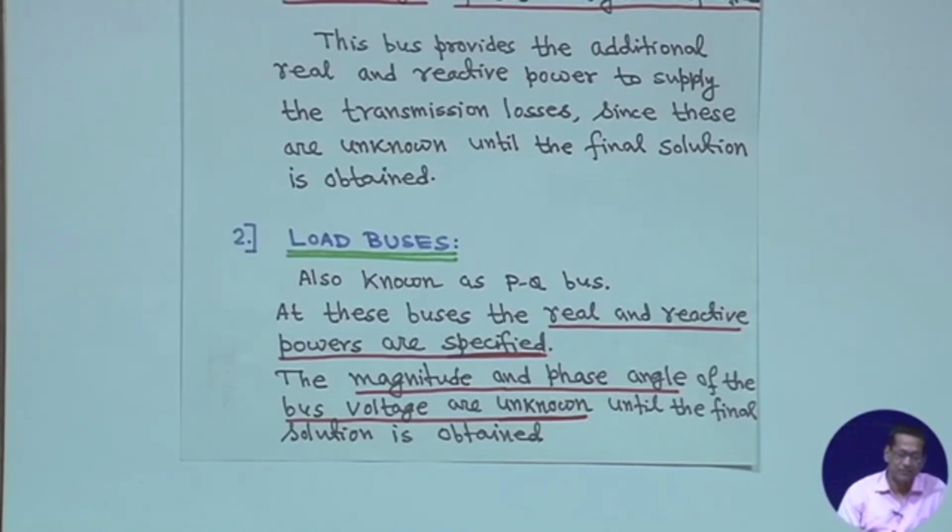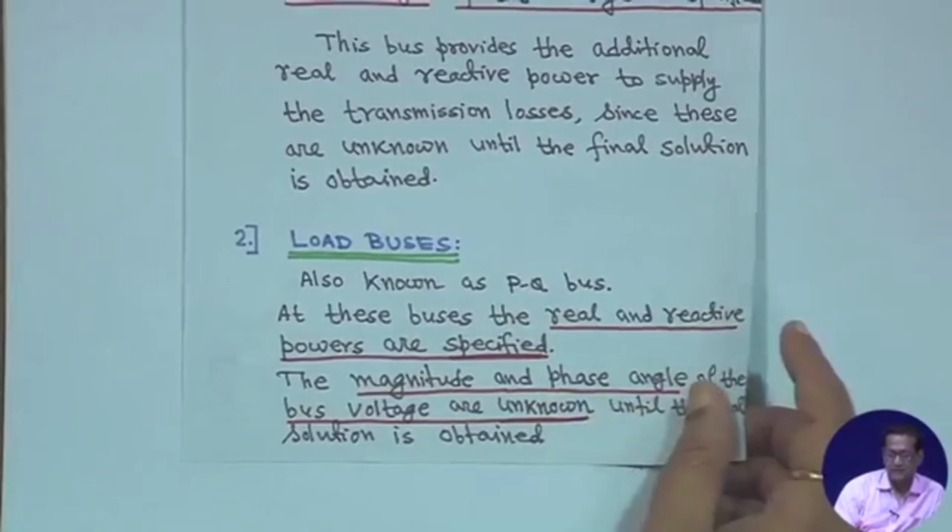That means, in that bus you will find that power injection P and Q both are known. The magnitude of the voltage of this bus and its phase angle, these two are unknown quantities, and you will know them only when you solve this load flow in an iterative way. So, unless your final solution is obtained, you will never know the magnitude and voltage angle, but P and Q both will be specified at the load